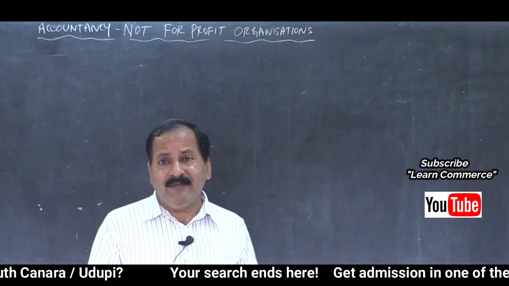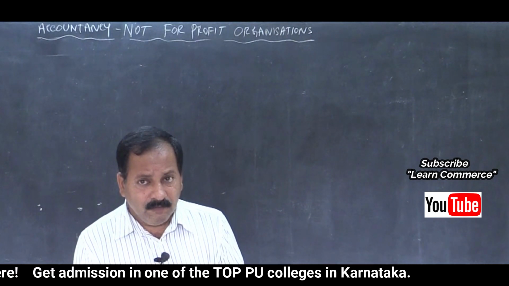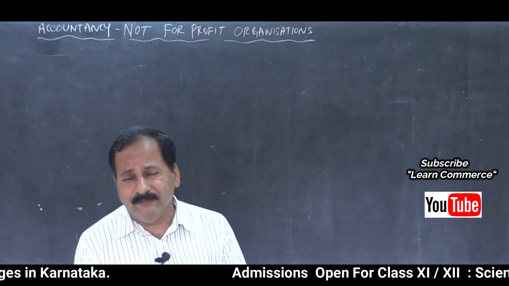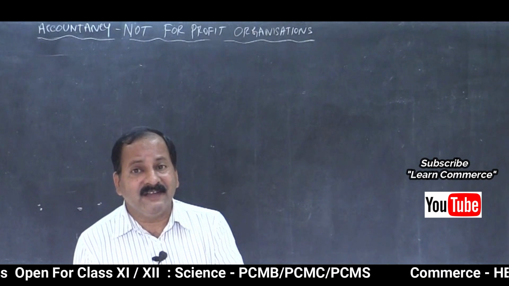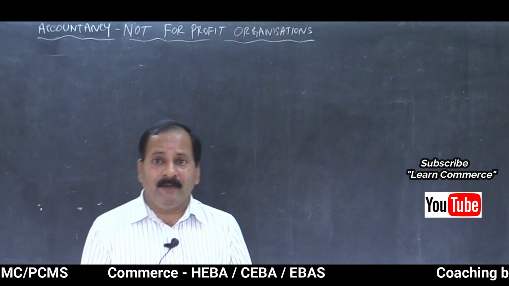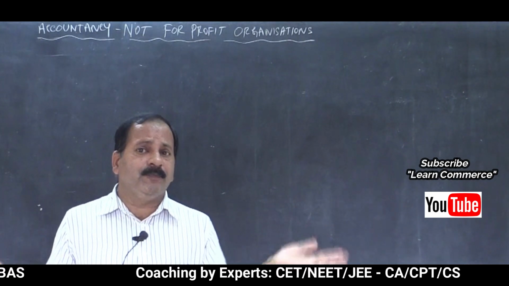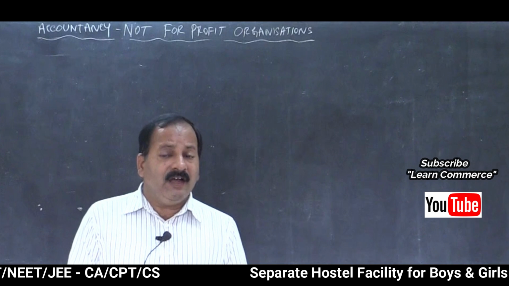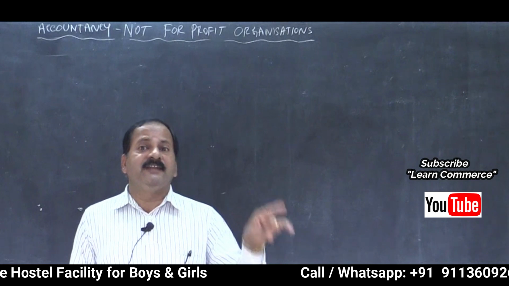Suppose we have an education institution, maybe a separate canteen may be there, where even the public can come, the parents or the well-wishers of the institution or anyone who visits there, they can have some food in the canteen, for which we will collect some amount, isn't it? We cannot provide free food to all the people, can we? No. Though the education institution's intention is to provide education, not to run a canteen, still we earn some sort of profit by maintaining that canteen facility. That is called incidental trading activity.